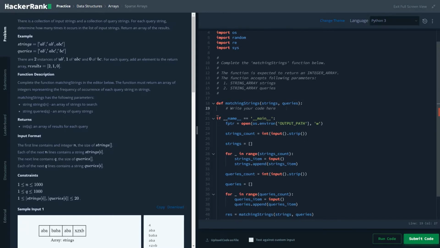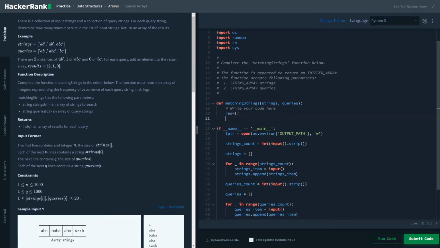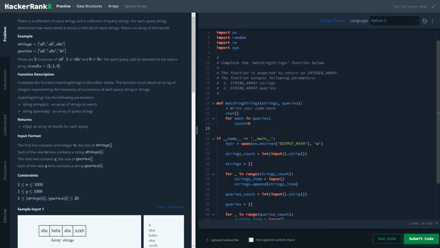So let's write this code. First we will initialize our values. As you could see, it returns the result of each query. So we'll create an empty list of res values. You could name it anything. For each in query, we'll initialize a count variable, and for x in